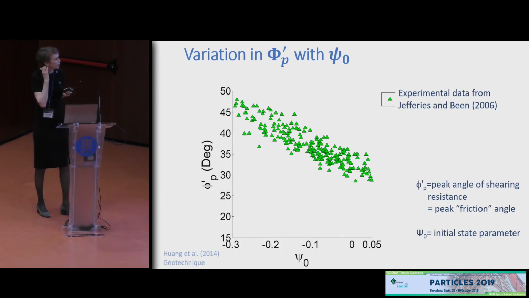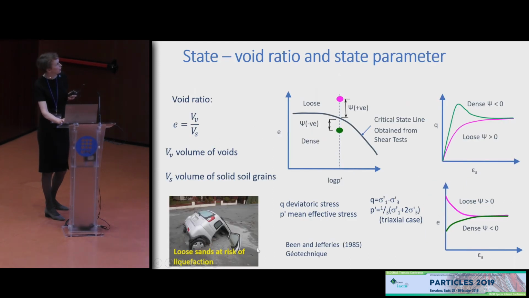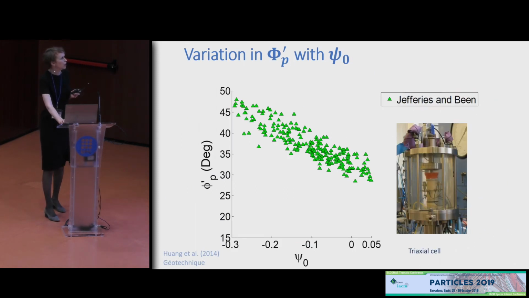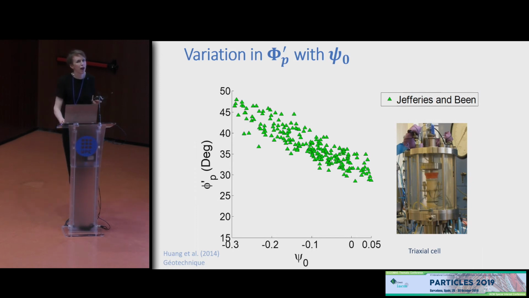Jeffries and Bean showed that there's a clear correlation between your peak angle of shearing resistance, or the shear strength of sand, and your initial state parameter. If you have a negative value, that means you've got a very dense material, stronger. A positive value is a loose material. The problem with Jeffries and Bean's data is they were developed for axial testing,